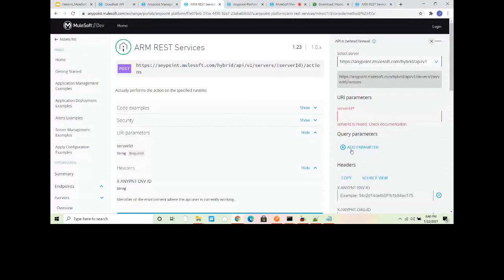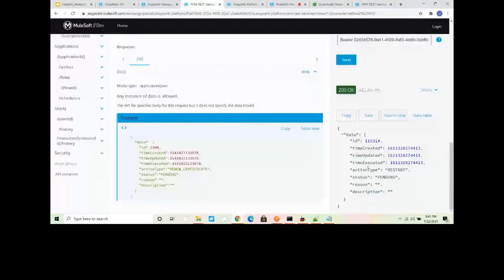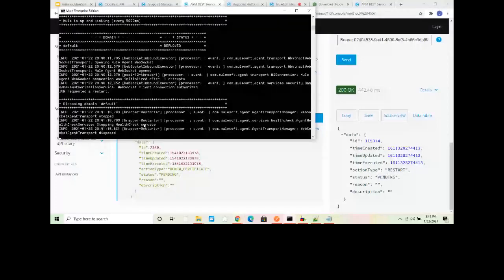And you have to provide the authorization header somewhere, so authorization bearer token. I can copy the same bearer token. I think it has some validity of like 30 minutes or something like that, so I can use this. Send. So I got the response here also, everything, it is restarting basically. You can see it will again be restarting. Okay, so you can test it from here. Any question before I move to the next topic?